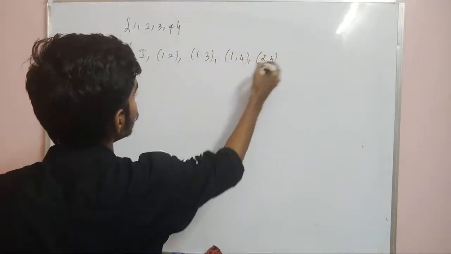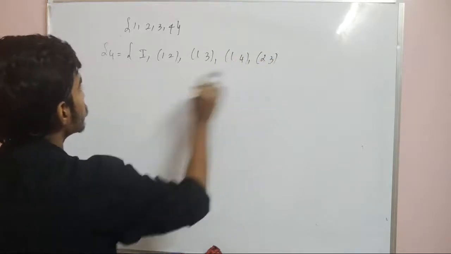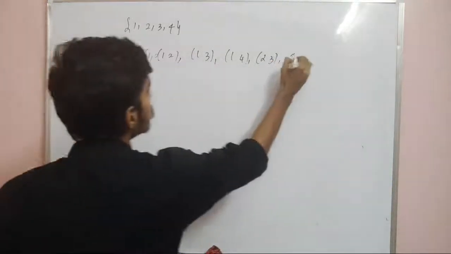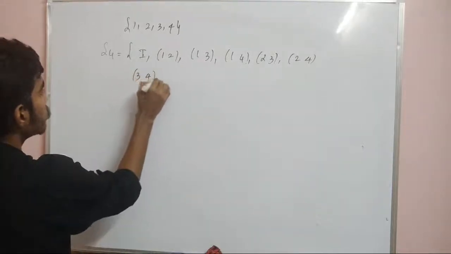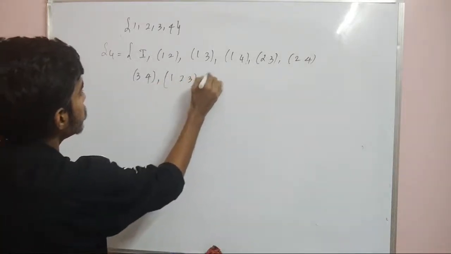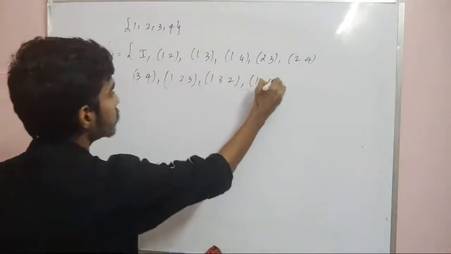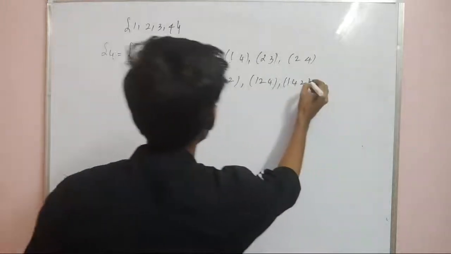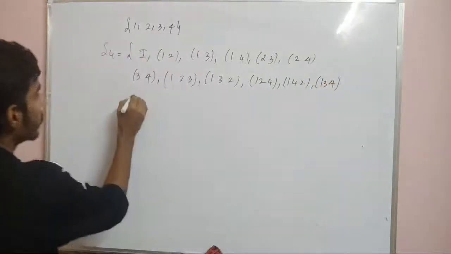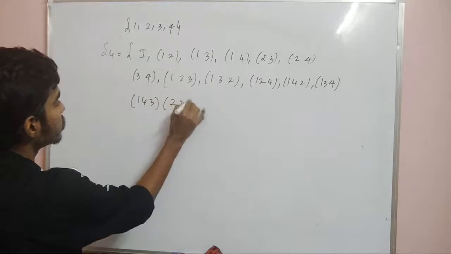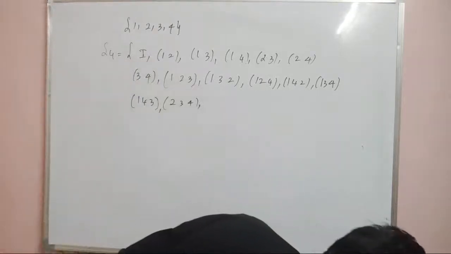(2 4), (3 4), and then the 3-cycles (1 2 3), (1 3 2), (1 2 4), (1 4 2), (1 3 4), (1 4 3), (2 3 4), (2 4 3),